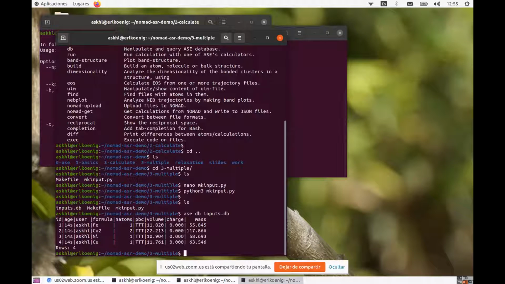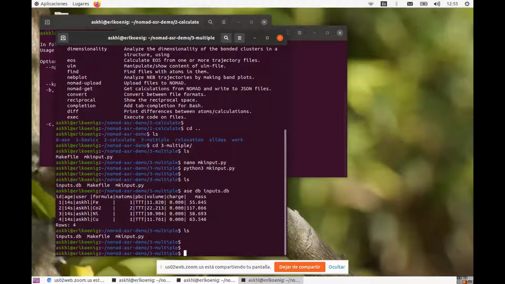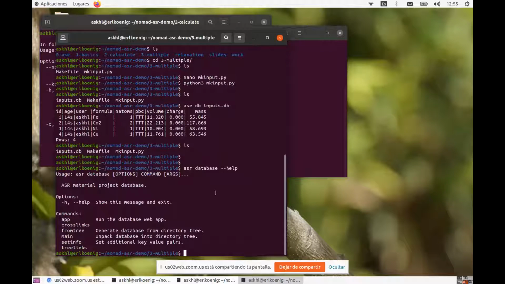So let's pretend that this is a database with like 10,000 elements in it, and we want to get started on something high throughput. This means that we would create our tree of calculation directories. To this end, we would run ASR Database, and let's check the help page again, because